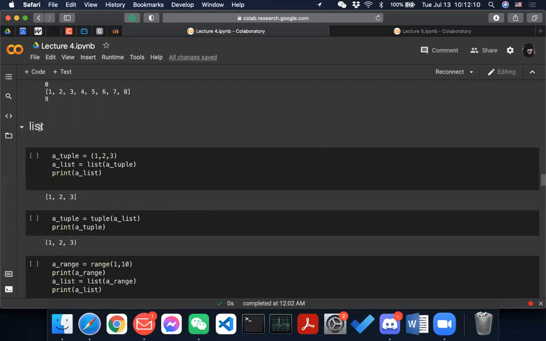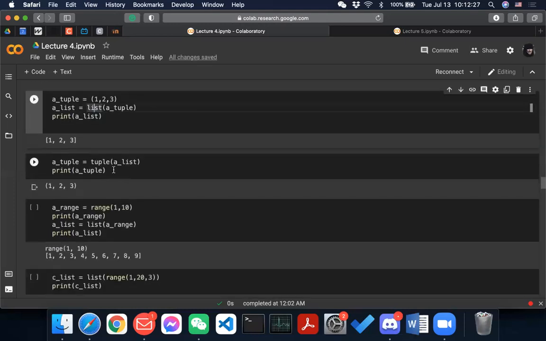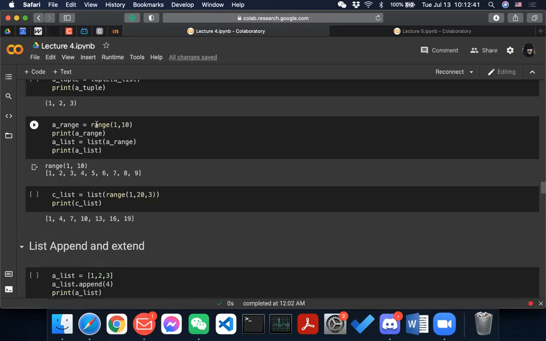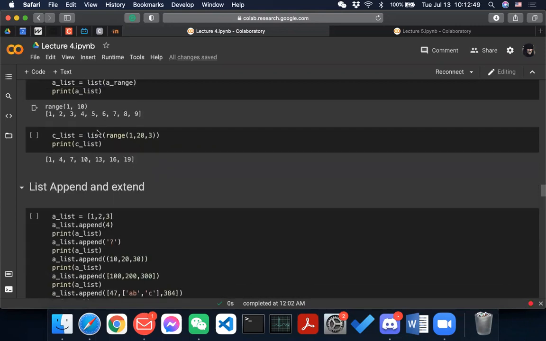Yeah. And as we come to list, you have this list function, and then you can pass in basically a tuple, then you can convert it into a list, right? And you can, just for completeness, do the same for tuple. You pass in the list, and then make it into a tuple, right? Then here's the tuple. Okay, and then you can also do list, make the range function into a list, right? That one, not gonna talk too much about it.